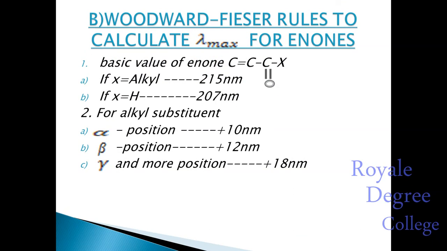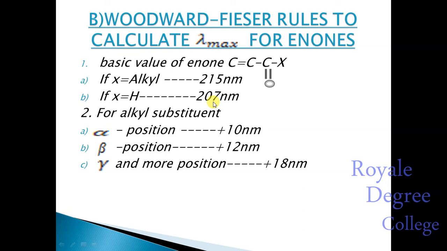Next, we'll see the Woodward-Fieser rule to calculate lambda max for enones. These values you also have to remember. The basic value of an enone, that is C double bond C, single bond C, double bond O, single bond X. If X is an alkyl group, you write the basic value as 215 nanometer. If hydrogen is in place of X, the basic value is 207